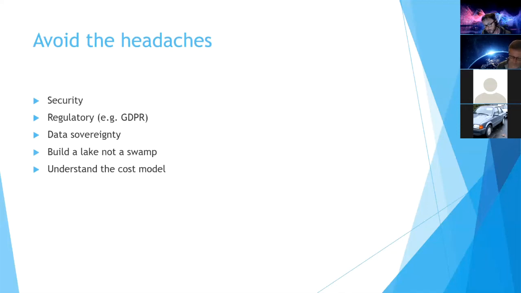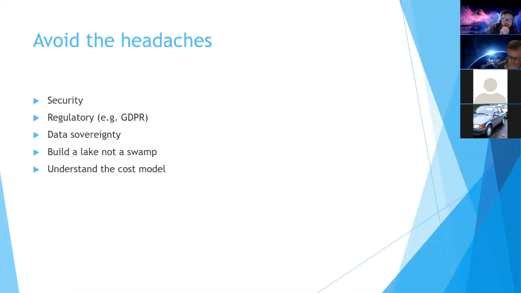Data sovereignty is another aspect of regulation. It's making sure that you know the country in which the data resides, particularly for a lot of government work and military work, who are very hot on that. They want to make sure that the data doesn't leave the country or doesn't leave a particular region. And cloud providers, if you don't specify it, might put the data where it's convenient for them, not where you need to have it.